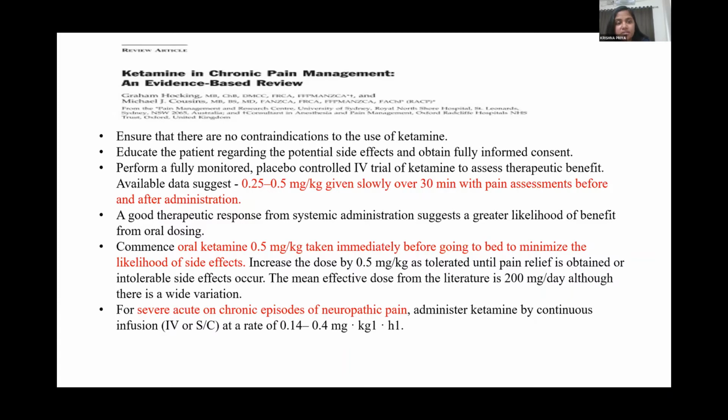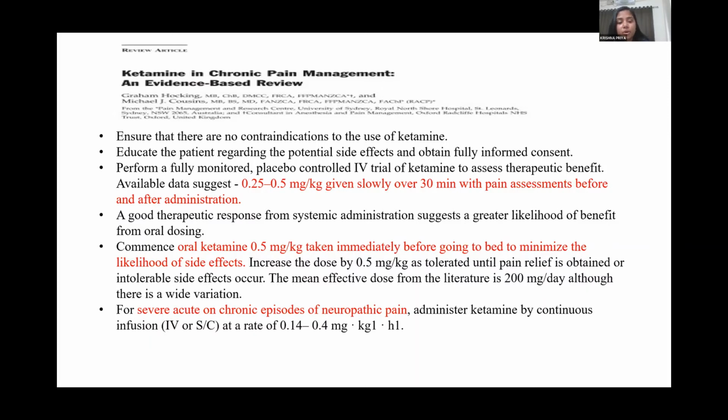An evidence-based study shows that we should ensure that there is no contraindication to the use of ketamine, educate the patient regarding the potential side effects and obtain fully informed consent, and perform a fully monitored placebo-controlled IV trial of ketamine to assess therapeutic benefit. The available data suggests 0.25 to 0.5 milligram per kg given slowly over 30 minutes with pain assessment before and after administration. A good therapeutic response from the systemic administration suggests a greater likelihood of benefit from oral